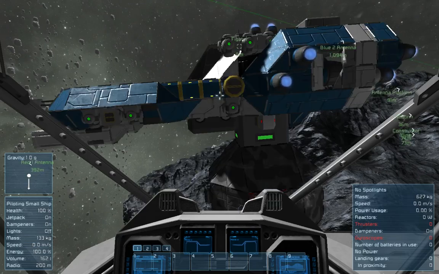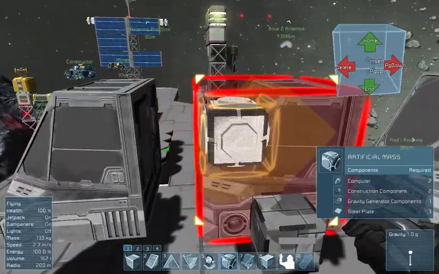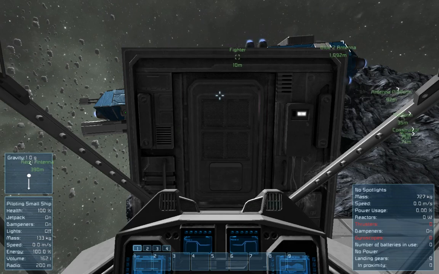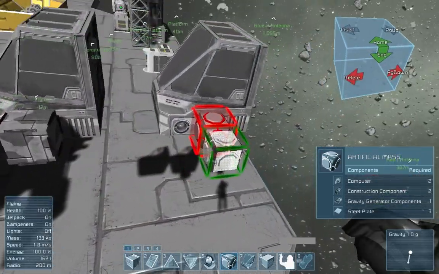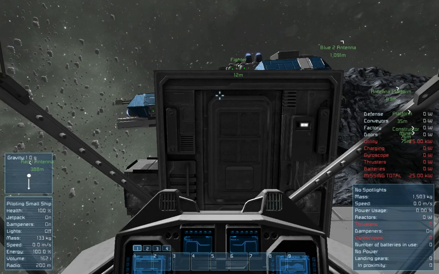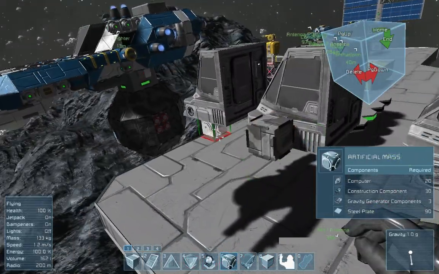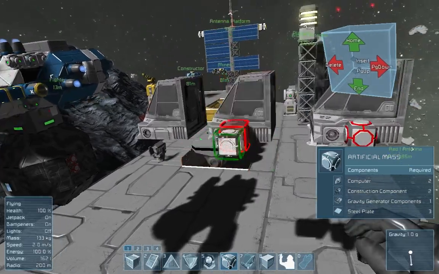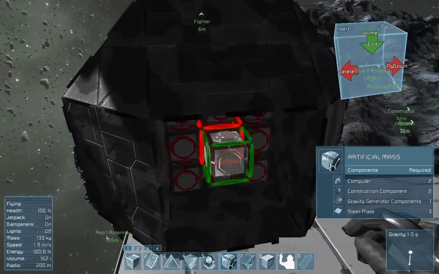Now a standard cockpit weighs 627 kilos, that is just used for comparison here. And with this we can see that a single heavy armor block weighs 100 kilos. Now the artificial mass block, as it's called, adds quite a lot of extra mass here, and we can see that it weighs barely 900 kilos for one single block. So that's barely 9 heavy armor blocks for one of those, which means that these 27